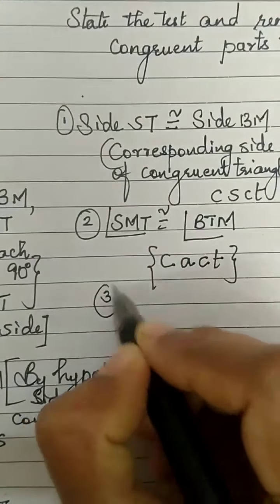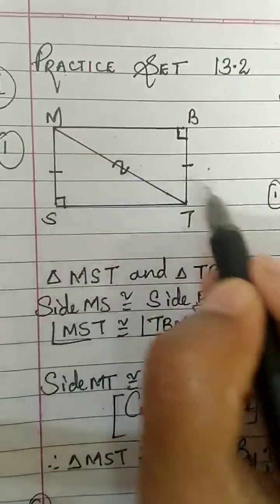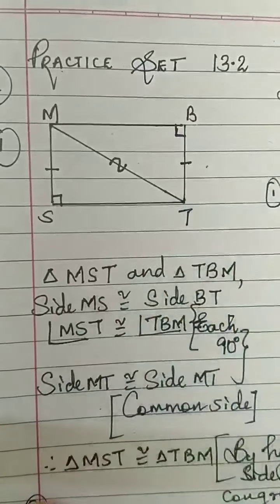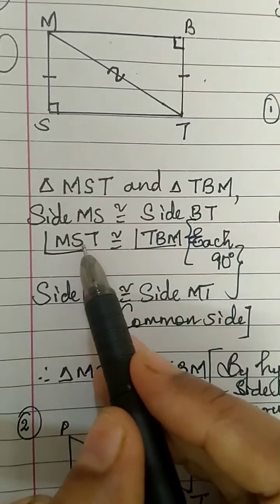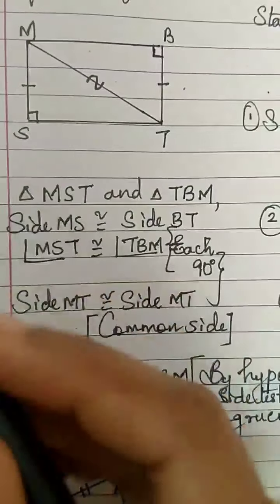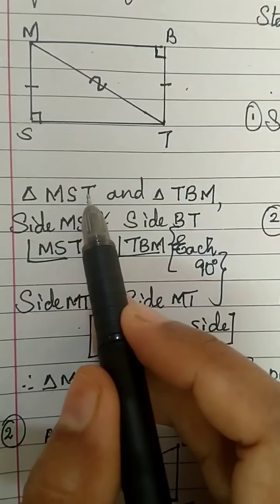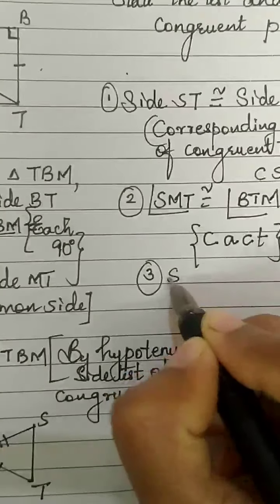The third remaining part: one more angle we need. This we have taken. Now which is the third angle? See, how will you check? In the first, S came in the center. S is over. Here we have taken M in the center. Now whose turn? T should come in the center. STM, okay?